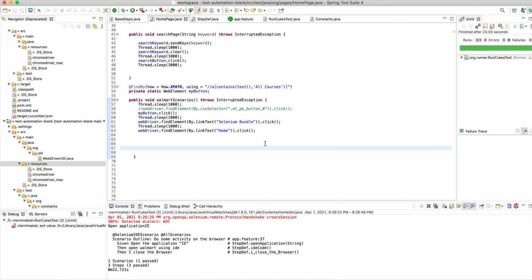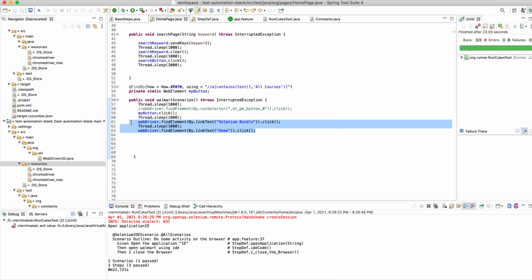But the only problem is that 60 to 70% of the time it will depend on CSS selectors. Always it will capture the CSS selectors. But capturing locators using CSS selectors is not a good practice. If there is an ID to the button, get the ID manually and put it. Don't use CSS selector.